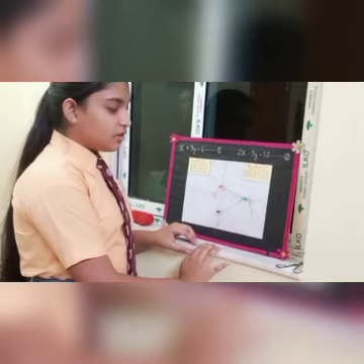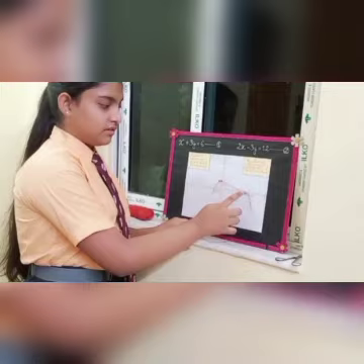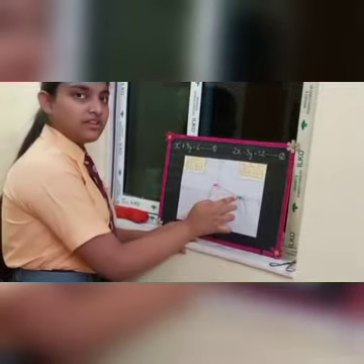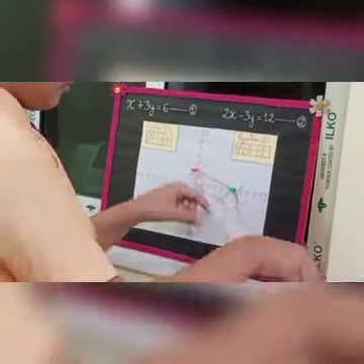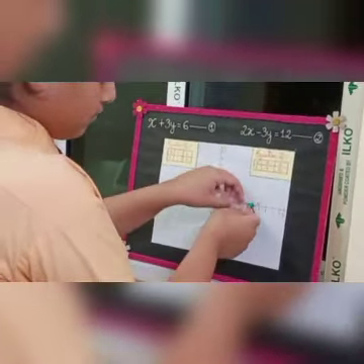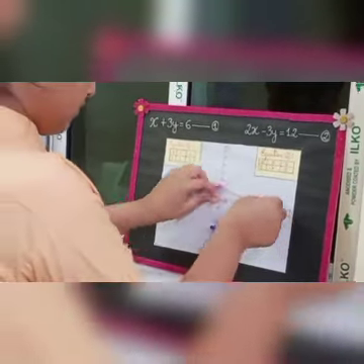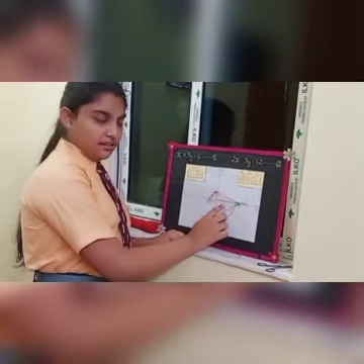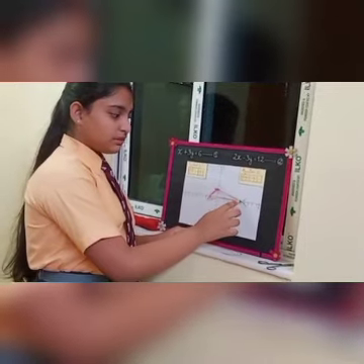Now it is clearly seen that this point is the intersection point of these 2 equations. Now how do we obtain the coordinates? We have to join these 2 points. After joining these 2 points, we obtain this line which shows the intersection point of these 2 equations and the coordinate,